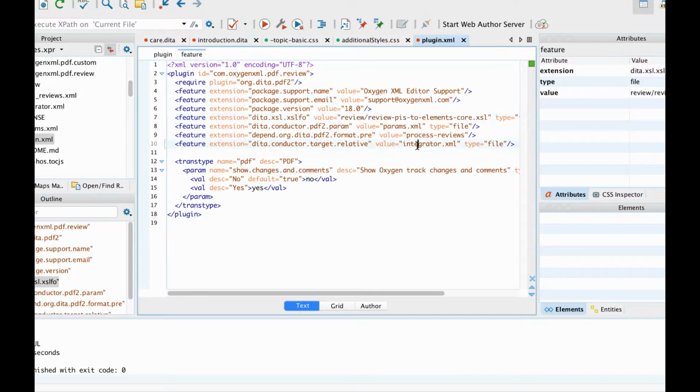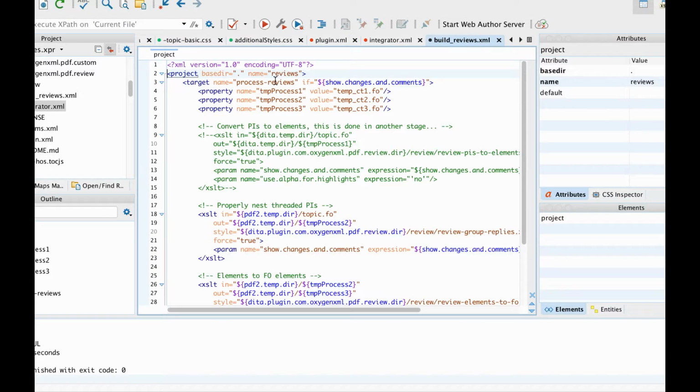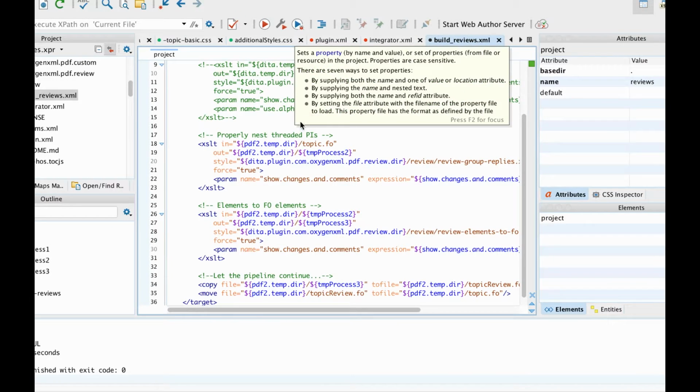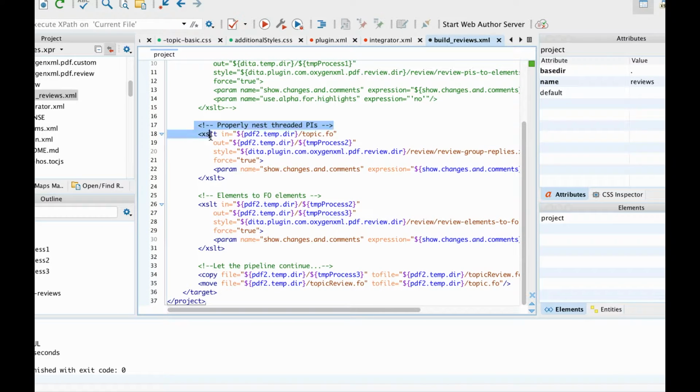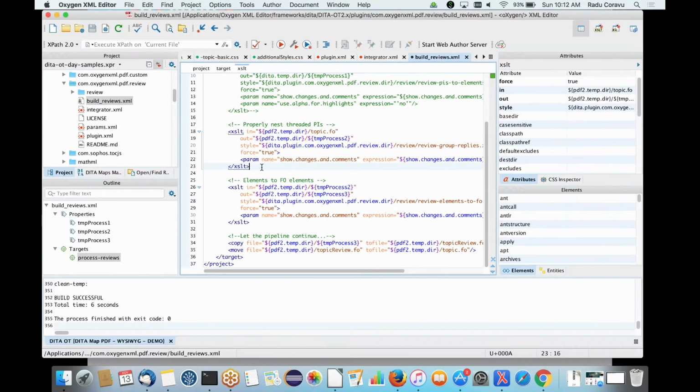And then this plugin has a build file which applies 2 more XSLT style sheets directly on the XSLFO output, so that the final XSLFO output will contain XSLFO elements corresponding to the Oxygen changes. Just to show you an example of output,